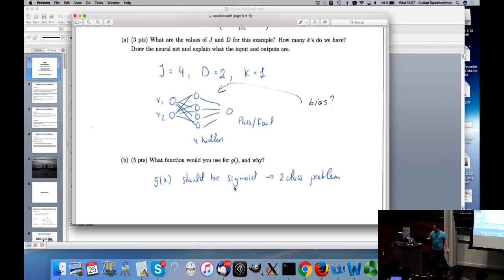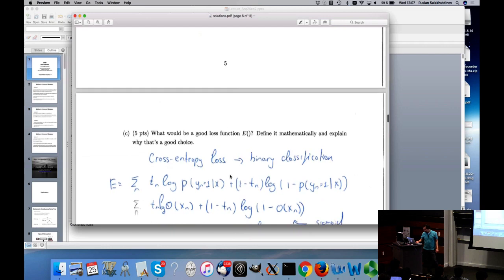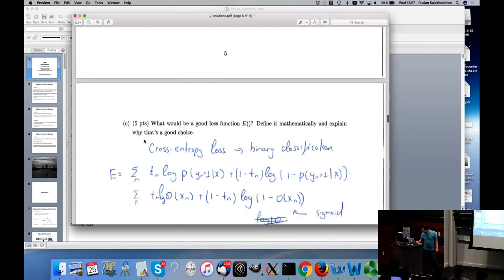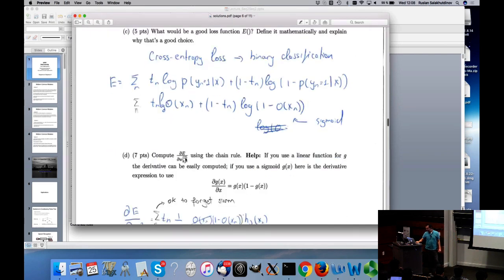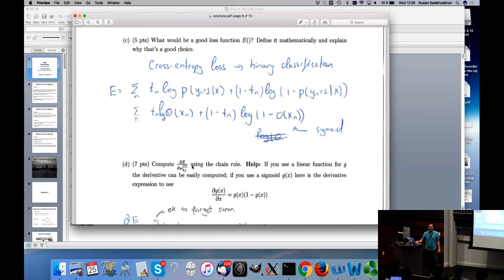Some people also said, well, this nonlinearity is just going to be some threshold function. If it's above 0, it's pass. If it's below 0, it's fail. But then if you look at the next question, what loss function you should be using, the obvious answer is cross entropy, right? And that's because hopefully on your assignment, you were solving the exact same problem. So some people were confused as to what they should be using, a thresholding function. And then if you look at the last question, how do you take the derivative of whatever function you came up with with respect to the parameters? If it's a thresholding function, you can't take derivatives.